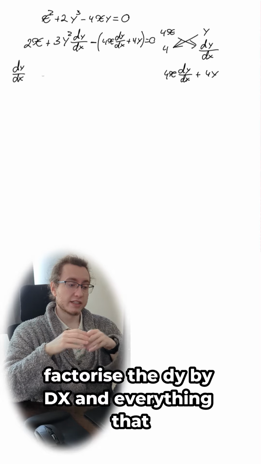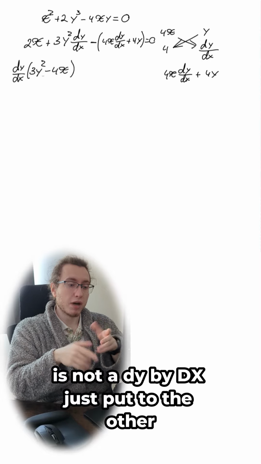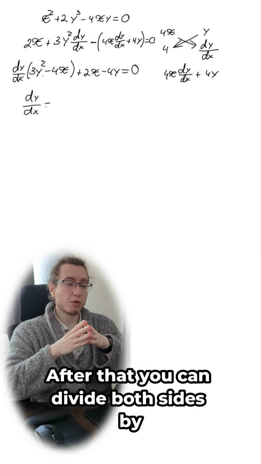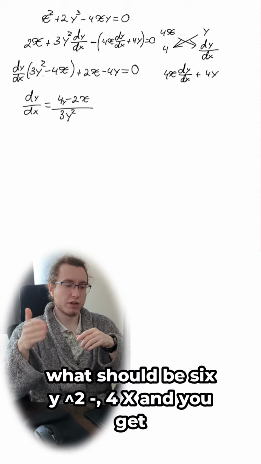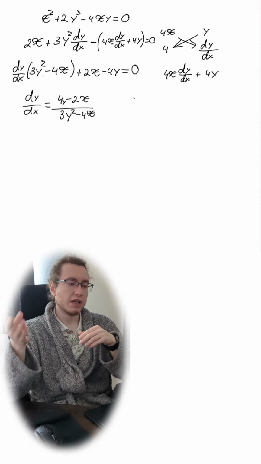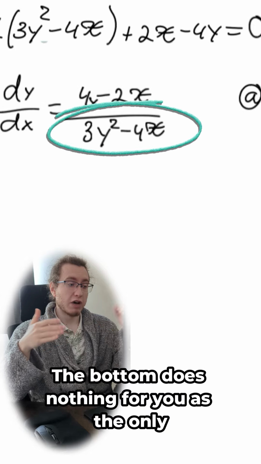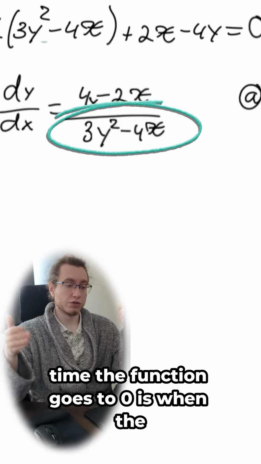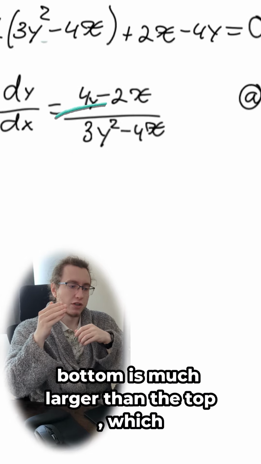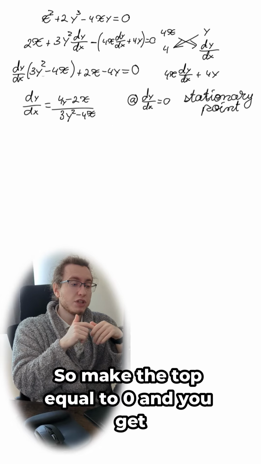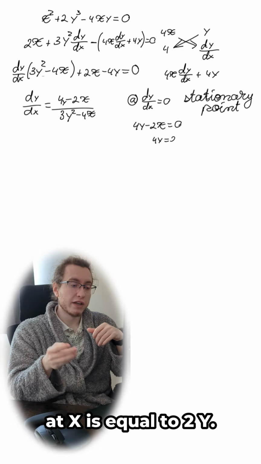Factorize the dy by dx and everything that is not a dy by dx just put to the other side of the formula. After that, you can divide both sides by what should be 6y squared minus 4x and you get the differential. At this point, you need to make this equal to 0. The bottom does nothing for you, as the only time the function goes to 0 is when the bottom is much larger than the top, which is irrelevant. So make the top equal to 0 and you get that at x is equal to 2y, you have a stationary